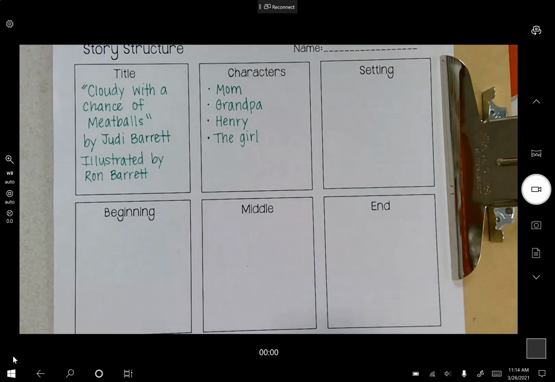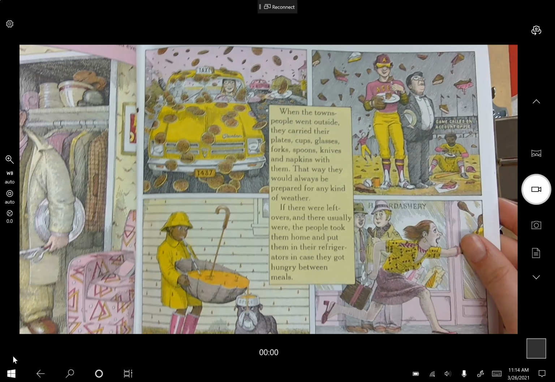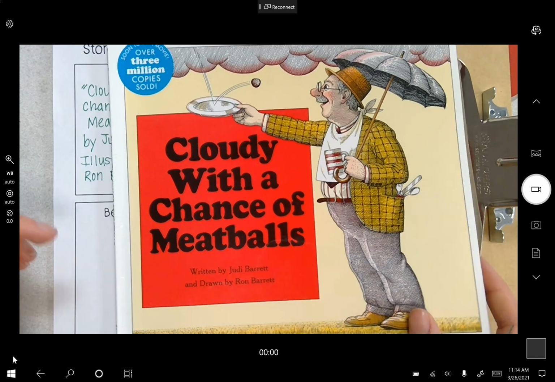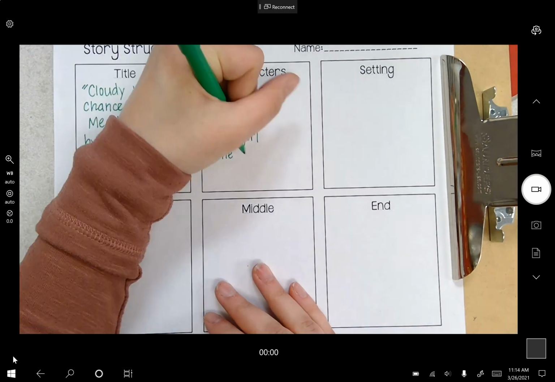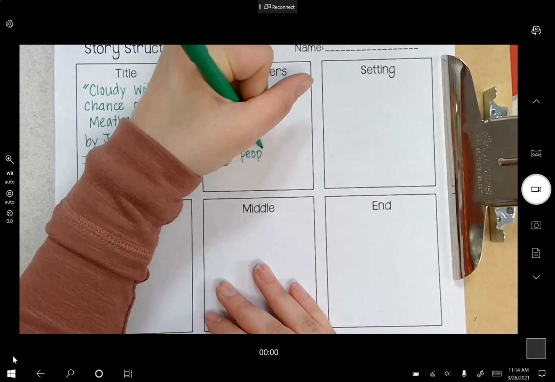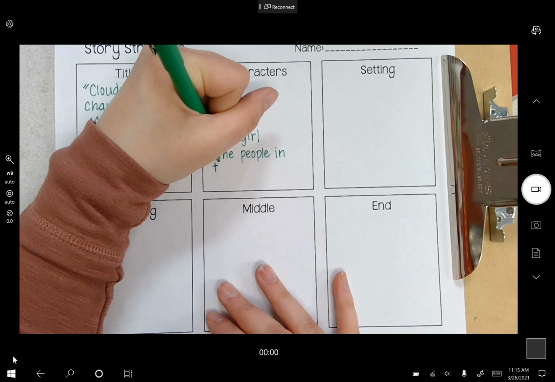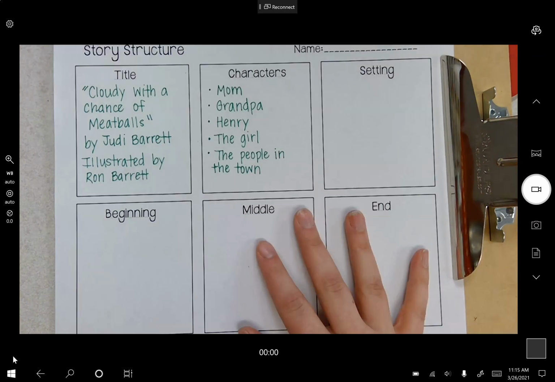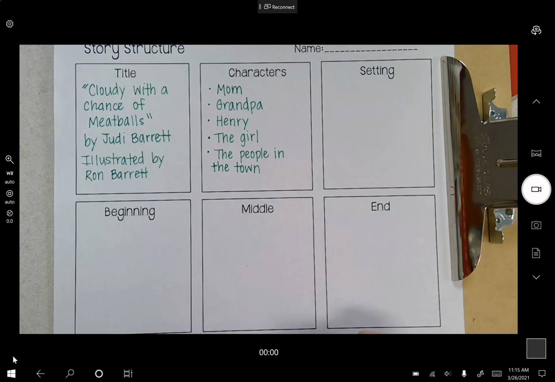Those are our main characters, but I would also say as he starts to tell the story, we see some other characters like on this page, but there aren't really any specific characters. So I think instead of just a few characters from the town, we could just say the people in the town. The people in the town. There's quite a few of them, but they don't really name anyone specific from the town. But they're pretty important to the story. Okay, we got our characters down. Let's move on to our setting.